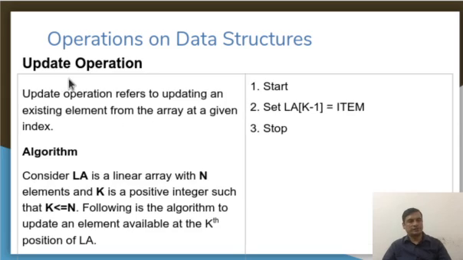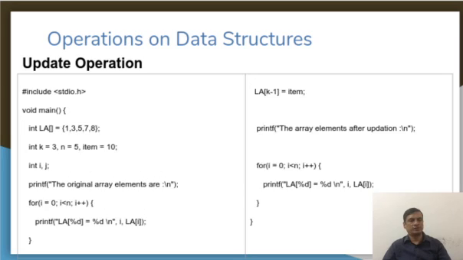And the last operation that you are going to perform is the update operation. What is the update operation? At a specified position, if you want to update a new element or new data into this particular index, then you follow this particular procedure. Start, once you reach this particular index, then you store that value. So this is a simple updation operation. The array is 1, 3, 5, 7, 8. The element at the third position is going to be updated with a value of 10.